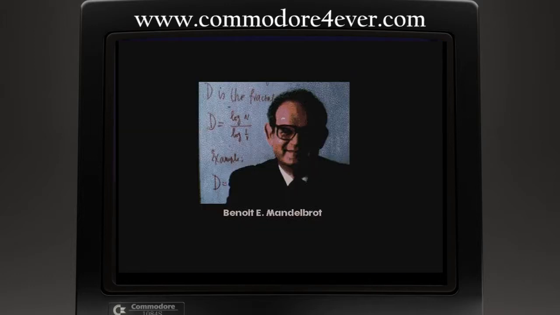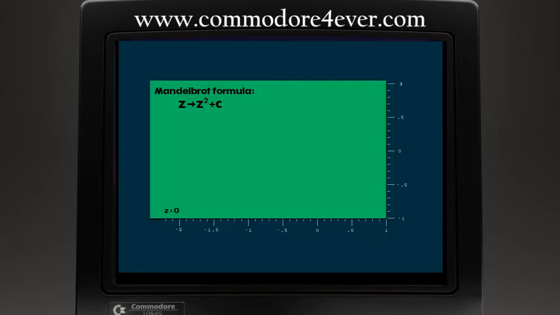In 1979, after plotting several Julia sets on his computer and printing them out, Mandelbrot decided to alter the method of applying the formula. Instead of using the position of each dot as the starting value for Z, he started with Z equals 0 and used the position of the dot he was plotting as the constant C. When plotted, we see the now familiar Mandelbrot set.